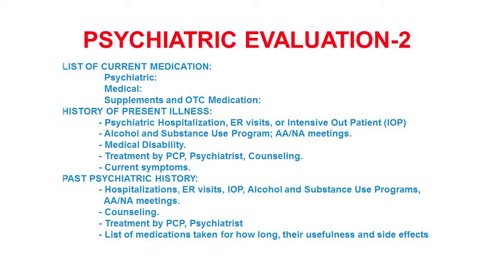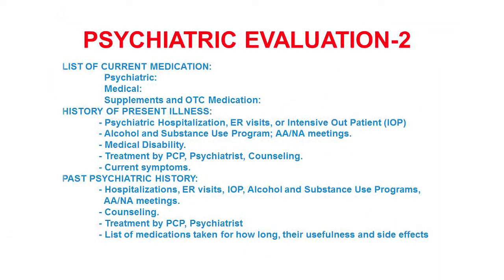Further, the history of present illness: I need to know whether they have been hospitalized or have gone to the emergency room or intensive outpatient, and also alcohol and substance abuse history, as well as attending any AA or NA meetings, any medical disability, treatment by primary care physicians, psychiatrists or counselors, and also what are the current symptoms. This is very important that you record especially current symptoms quite accurately because that is your only baseline data that